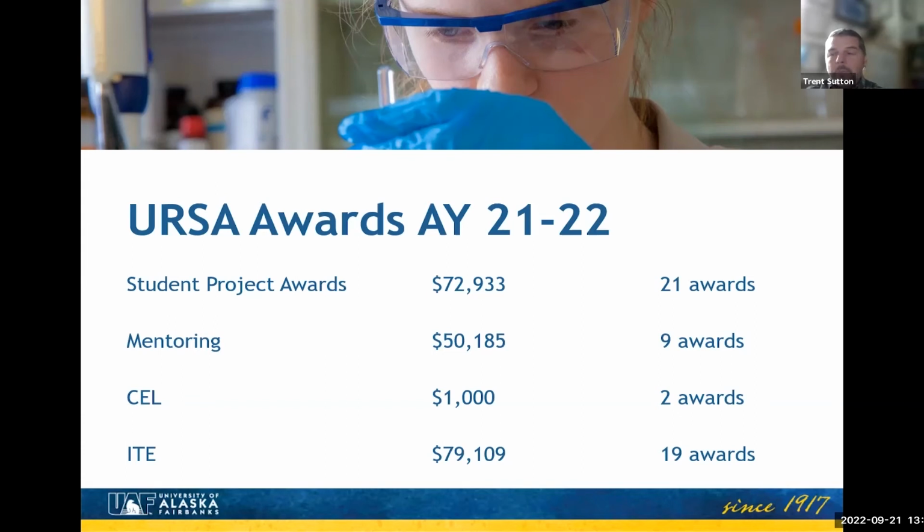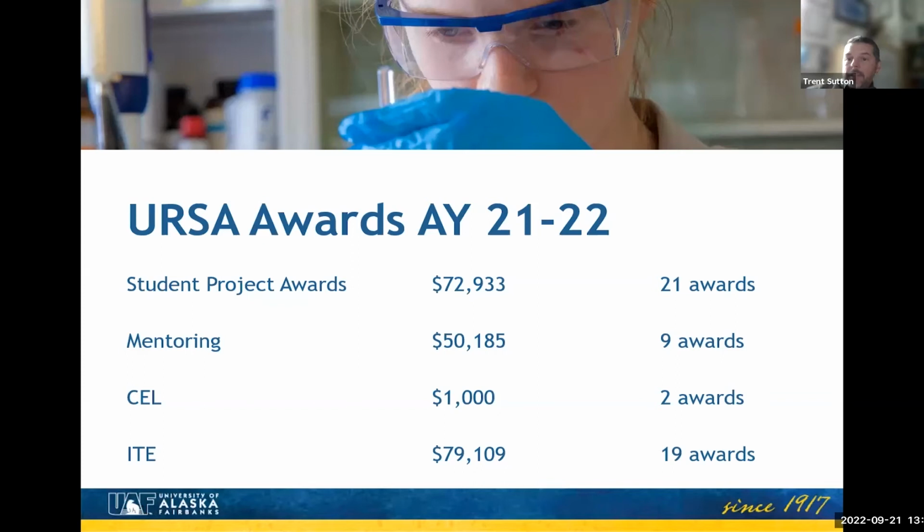We typically give out, depending on the academic year, between roughly $250,000 and about $360,000 in support of undergraduate research, which is a substantial commitment by the university. And I'd be more than happy to give out all of that money every single year. We just haven't had the demand for it. So I'm challenging all of you that are here today to take advantage of that opportunity, because we want to fund your research and creative scholarship. We have the resources to do it.